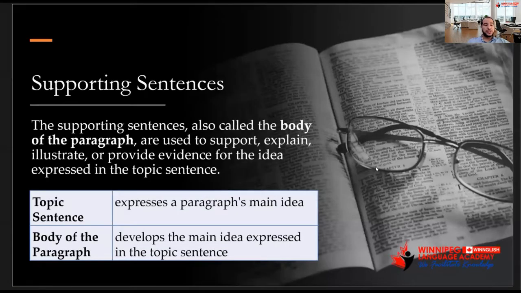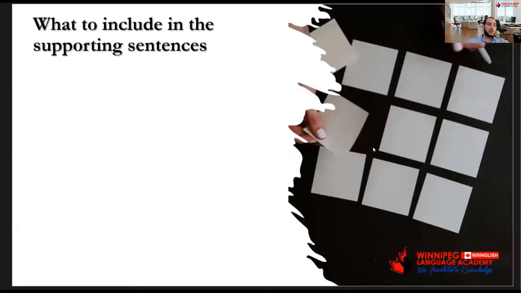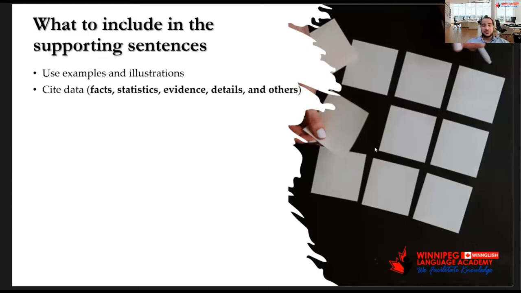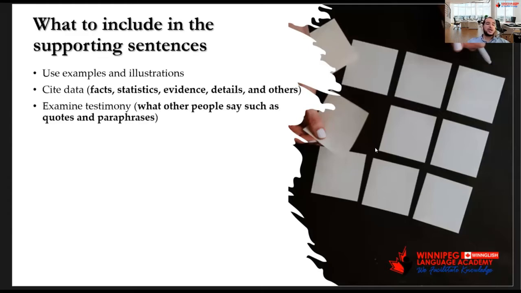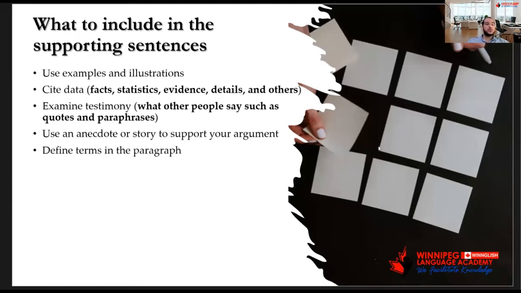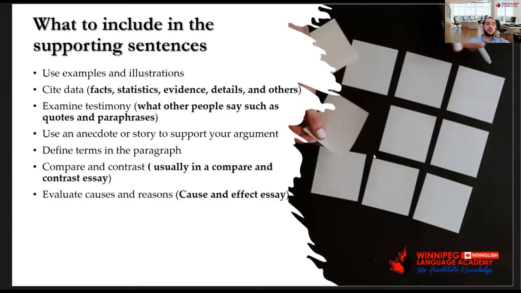We move to the supporting sentences, the second section of the paragraph, where you develop the main idea by giving examples, statistics, or details. We mentioned that there are different types of support. You can give examples or illustrations, cite data from facts, statistics, or evidence. You can examine testimonies that people give in court, maybe, or in the news. You could also use an anecdote, a short story that happened to you or to somebody else. You can define the term in the paragraph if it is not clear enough,